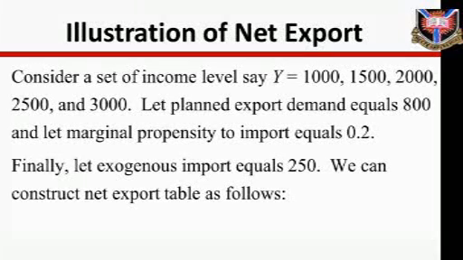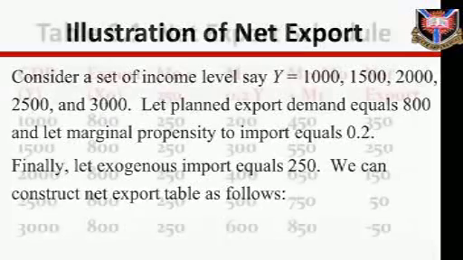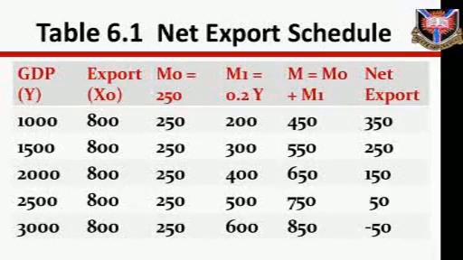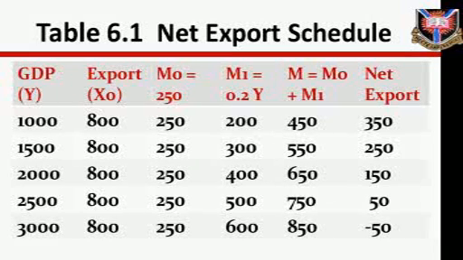We can construct a net export table as follows. When GDP is 1,000, export is 800, M0 is 250,